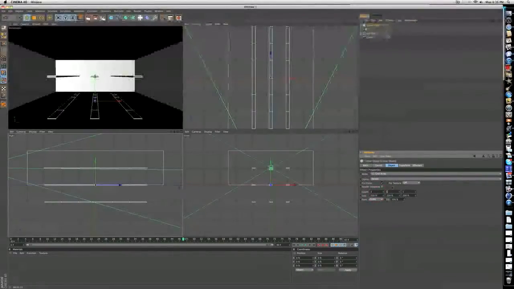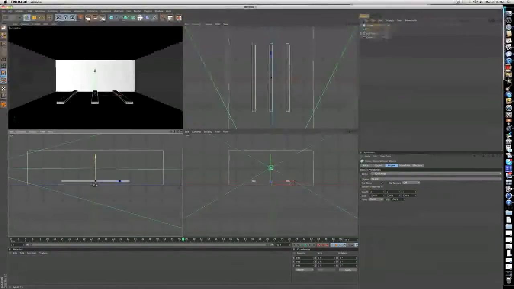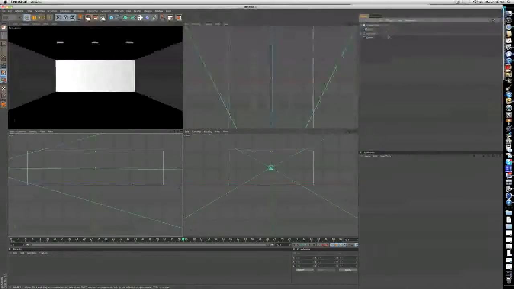And for the second count, put that to 1. And the third count, put that to 1 also. So now you just got 3 lights that are spread apart evenly. And if you're still in your 4 views or your quarter view, go to your right view or your front view and just align it to the top. And now you got some things that look like lights, but if we render our image,